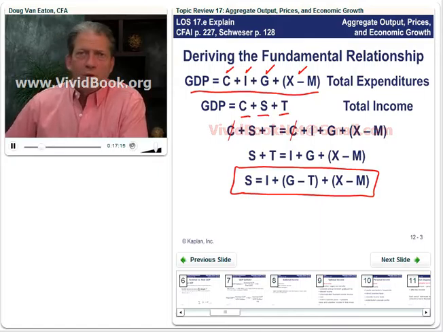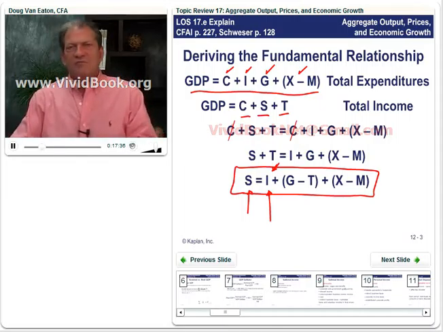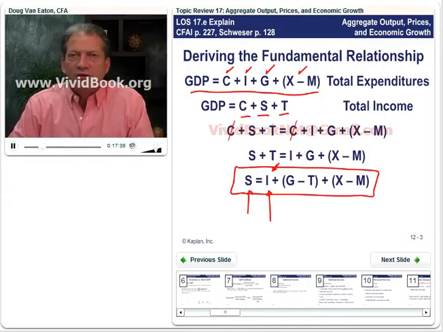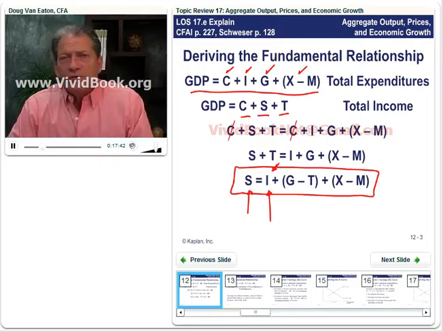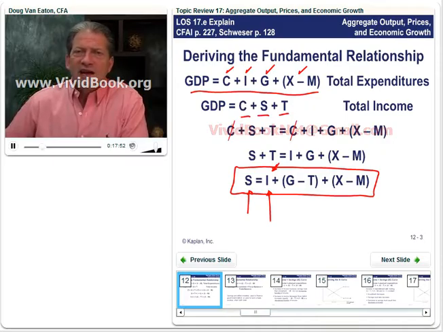So let me just go over what that tells us. It says that savings equal business investment spending. And I think I said earlier something about raw materials with relation to investment spending, and I didn't mean to. So I take that all back. This is spending by businesses on physical goods for production, their capital stock. And then we put those other four terms in parentheses. So we've got G minus T. What's that? Well, that's government spending minus the taxes they take in. And so government spending minus the taxes they take in